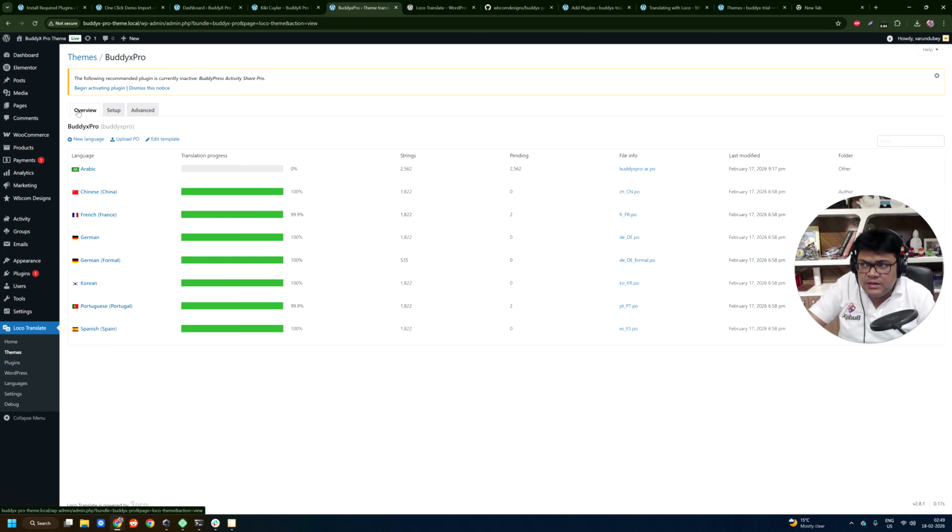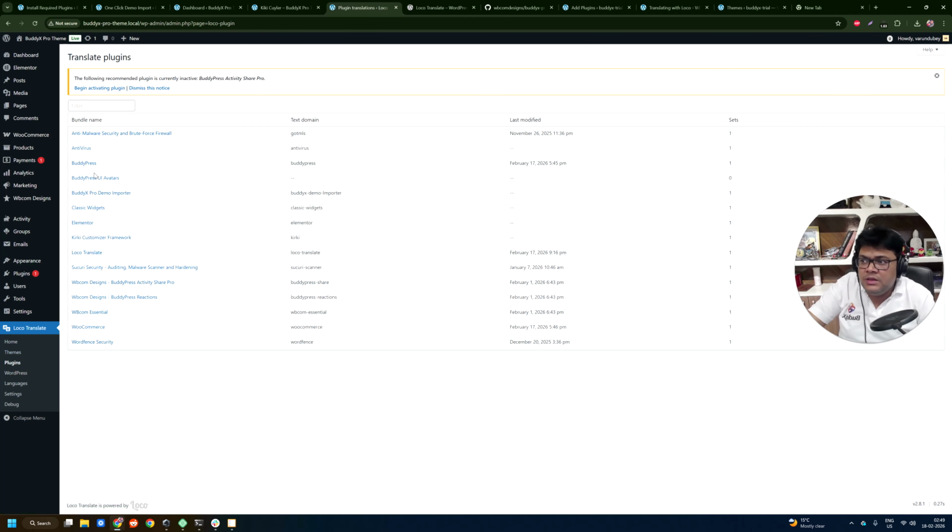This setup will help you to translate not only BuddyX Pro, but any available plugin you are using, including BuddyPress and all the add-ons we are offering, including the reaction add-on, Activity Share Pro, everything can be translated. So all the plugins we are offering are translation ready. All the themes we are offering are also translation